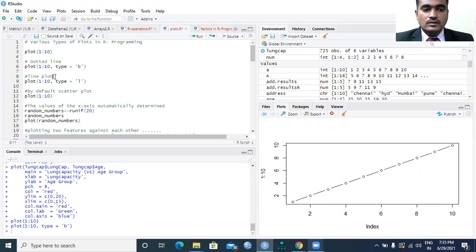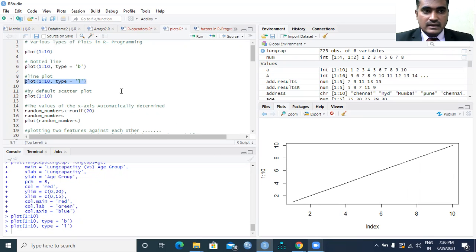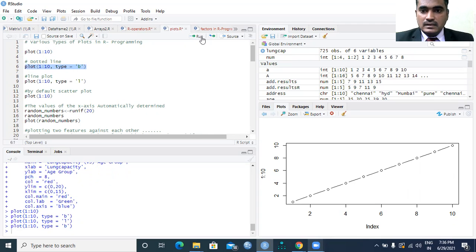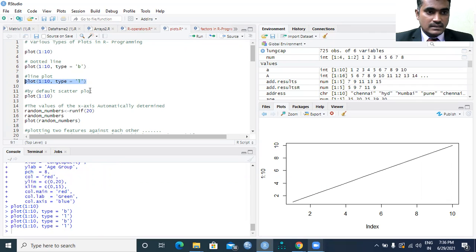Suppose if you want to plot a line, then automatically it will try to plot a line. Earlier it was a dotted line. Now it is the purest form of a line, right? So by default it is a scatter plot.